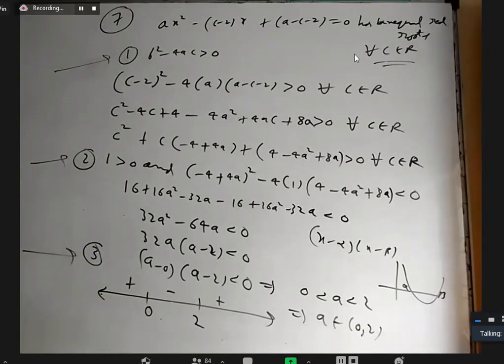So Hemant, you asked me earlier, when will a quadratic expression be greater than 0 for all x belonging to R? I hope it is thoroughly clear now. Hemant, are you there? Understood, sir. Saket understood. Okay. Ritam, understood? Yes, sir. Understood, sir. All right.